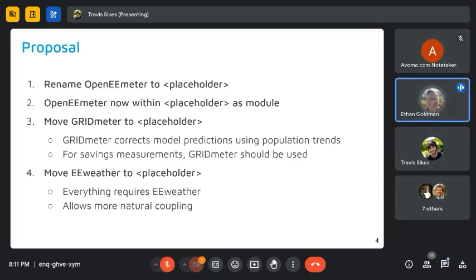Yeah, I mean, to some degree, it's probably not the top concern of this working group to support someone who only wants to use EE weather to have a Python API to know weather data or something like that. I mean, that might be useful for someone, but it's not really what gets us up in the morning. So I don't want to spend too much time thinking about it.